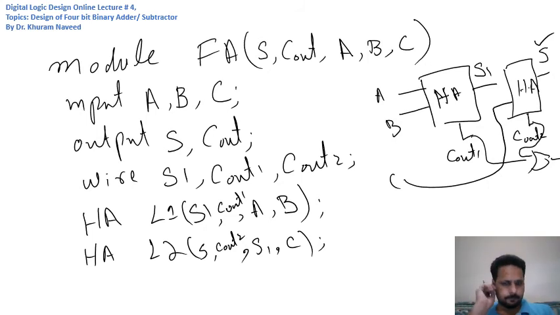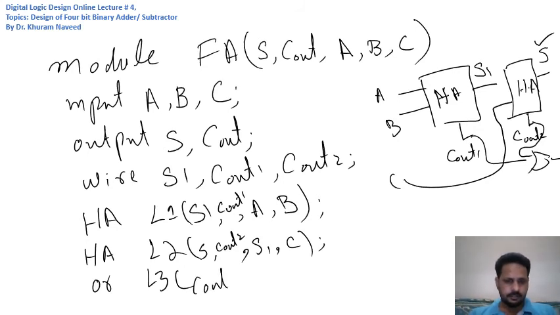इफ यू रिमेंबर, ठीक है। तो यहाँ पे भी हम और गेट यूज कर लेते हैं एक, और उसमें लेबल L3 यूज कर लेते हैं। और जो कैरी है, सी आउट है, जो एक्चुअल कैरी है फुल एडर की, वो और होगा, इट इज एन और ऑफ सी आउट 1 एंड सी आउट, ठीक है।